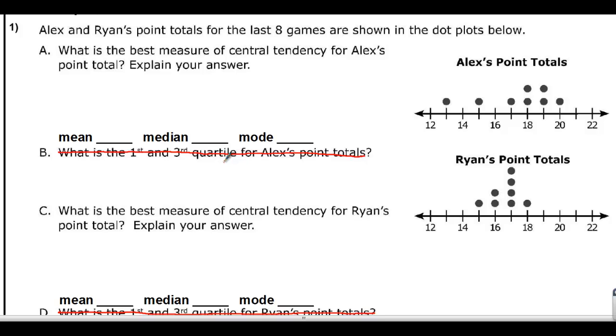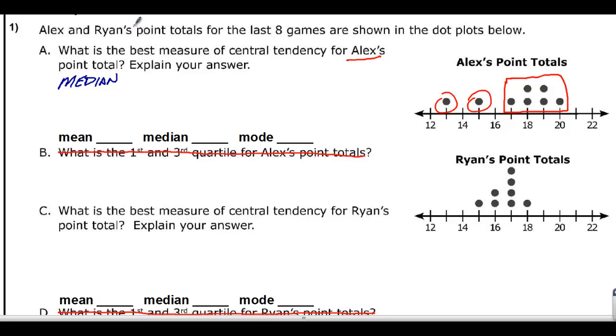So when we look at the data for Alex, here's what we notice. There are several outliers. There are several pieces of data that are away from the main group. Now you might think 13 isn't that far away from 17, 18, 19, and 20. But if you're really boring down on this data, that's enough of a difference that we would consider using the median for this. So for Alex's data, the median would be the better measure of central tendency.